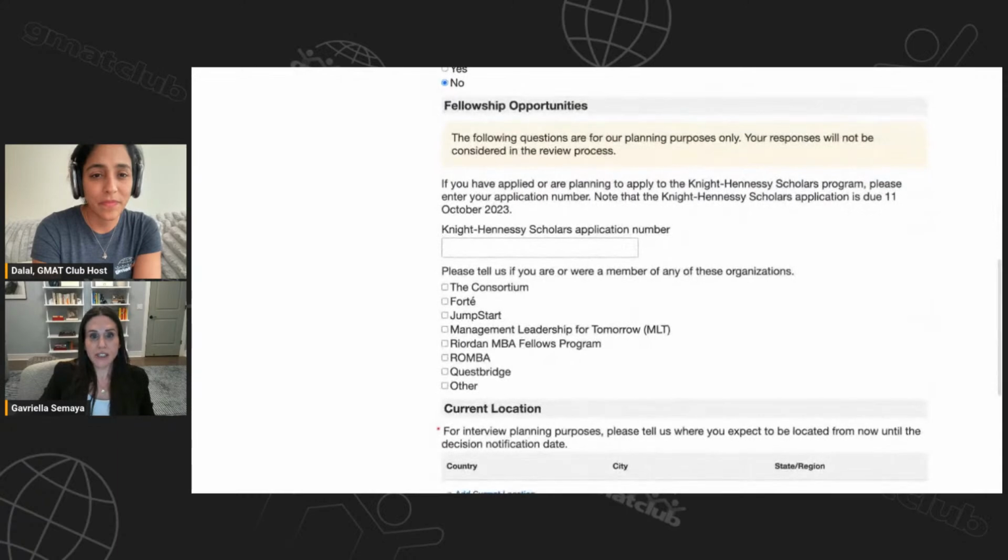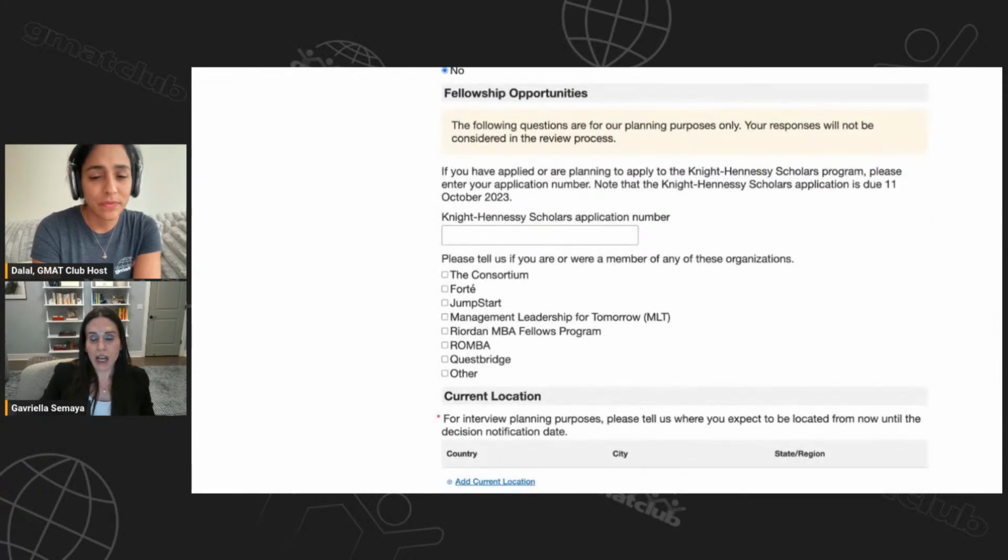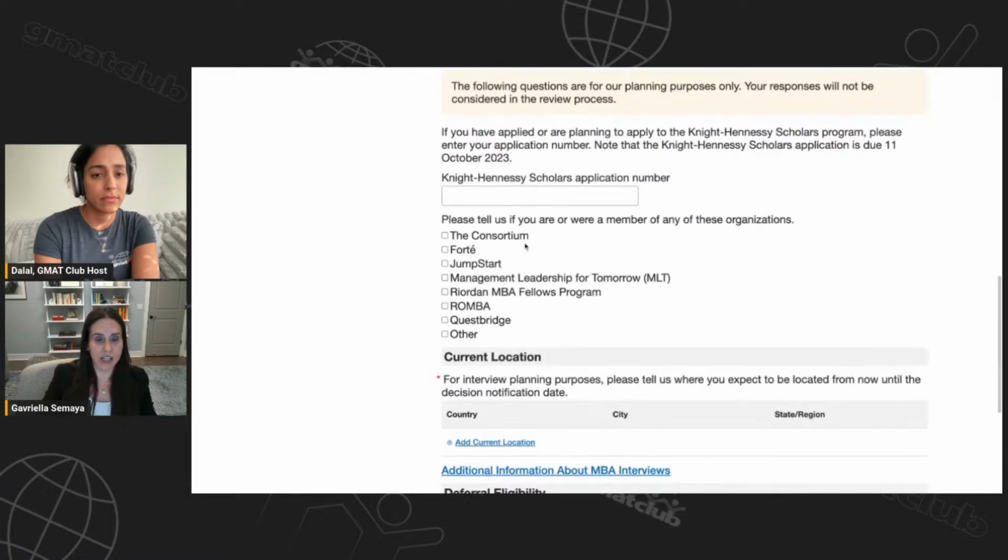Fellowship opportunities. Really, Stanford only has one overt scholarship application, and that's the Knight-Hennessy program. Otherwise, merit scholarships are considered as part of your application process. There isn't a separate application or essay that you write. But if you are applying to the Knight-Hennessy scholarship, you would put your number in here. Any of these other organizations that you might be a part of, the Consortium, Forte, et cetera, you would check